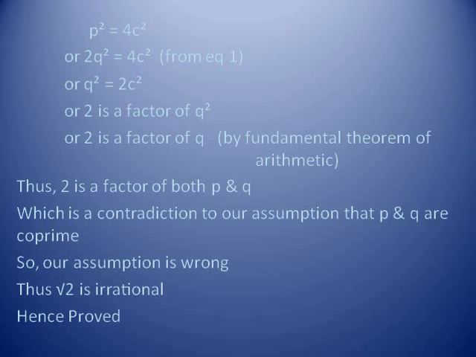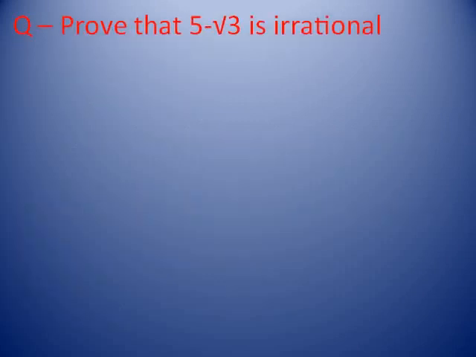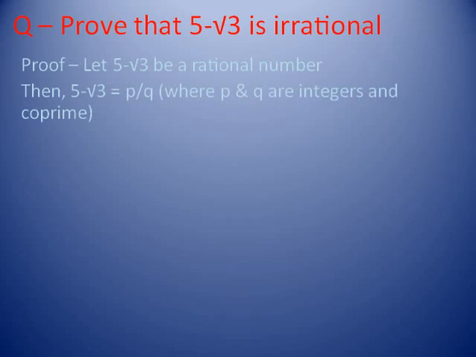This proves our theorem. Here we have one more similar type of question. Prove that 5 minus root 3 is irrational. This question will also be proved by the contradiction method. So let us start the proof. Let 5 minus root 3 be a rational number. Then 5 minus root 3 can be written in the form of P by Q, where P and Q are integers and co-prime. Or the equation can be written as 5 minus P by Q equals root 3,